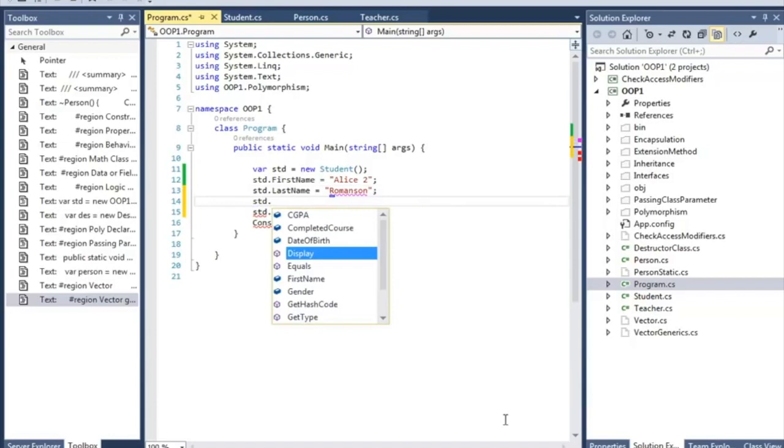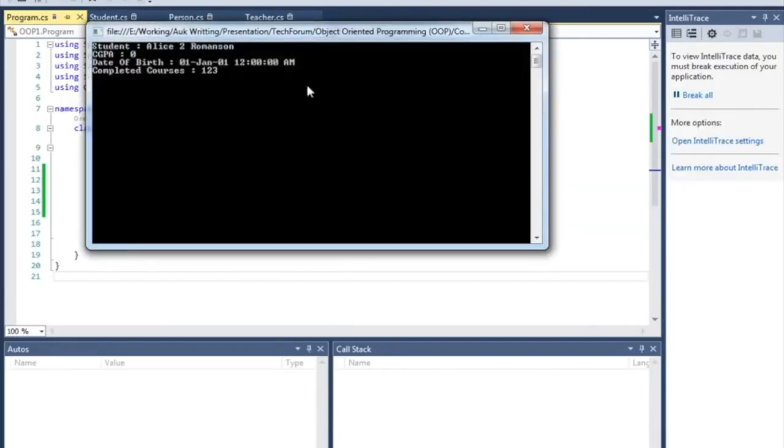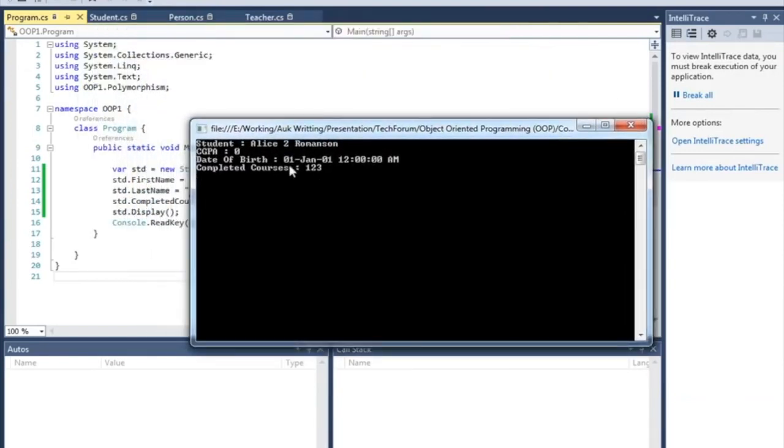And we really didn't initialize the completed course. Let's say 5. Okay, so let's just print it. So you'll see that we have a default date of birth and others are written here, completed course and so on.